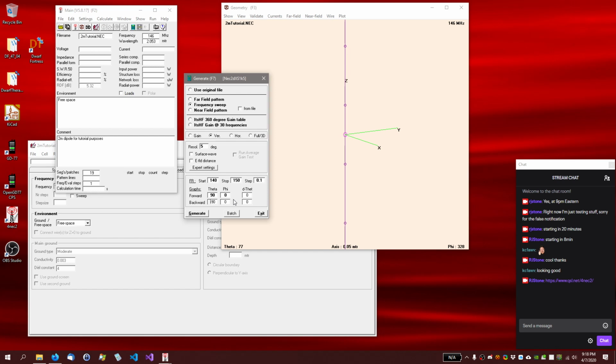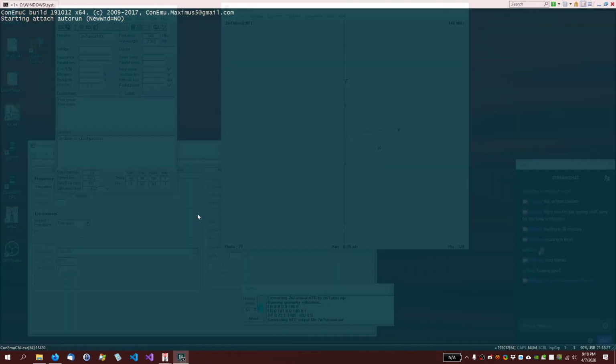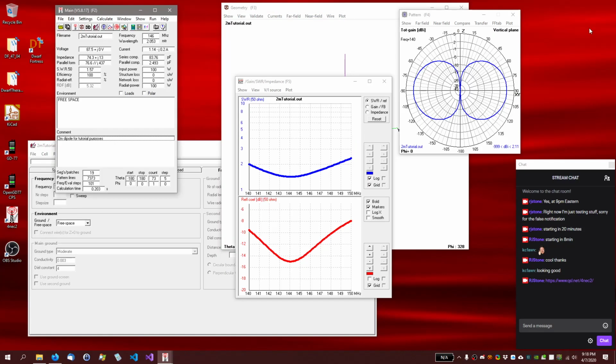And then backward and 90, negative 90, whatever. I don't even usually bother with those on a lot of stuff. So generate. Now we're going to get, I thought I killed that. Anyway, okay. So it loads up because NEC2 is actually a separate program that was originally designed as